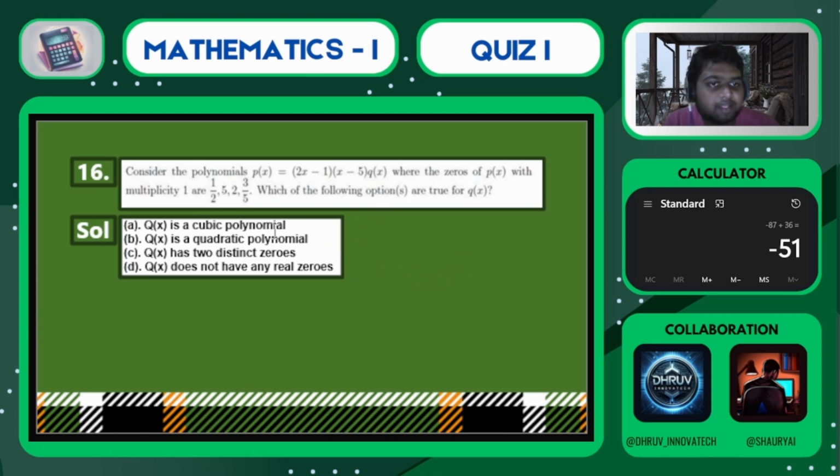तो इसमें से हमें बताना है कि क्यू एक्स की वैल्यू क्या हो सकती है, क्योंकि हम क्लियरली देख सकते हैं कि यहाँ पे पी एक्स में 2 इक्वेशन आ चुके हैं और मल्टीप्लिसिटी 1 है। ऑल्सो यहाँ पे 2 इक्वेशंस के जो जीरोस हैं वो दिए हैं पर उनकी इक्वेशन नहीं दिए, तो इससे हमें ये पता चलता है कि जो क्यू एक्स है वो एक्चुअल में क्वाड्रेटिक इक्वेशन है, मतलब ये ऑप्शन भी क्वाड्रेटिक पॉलिनोमियल सही है।